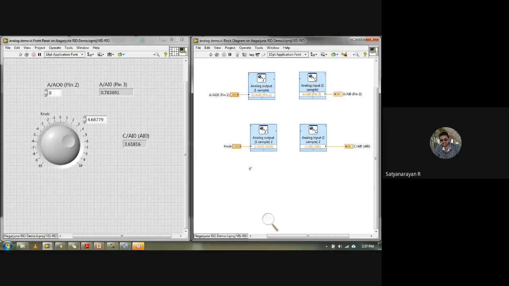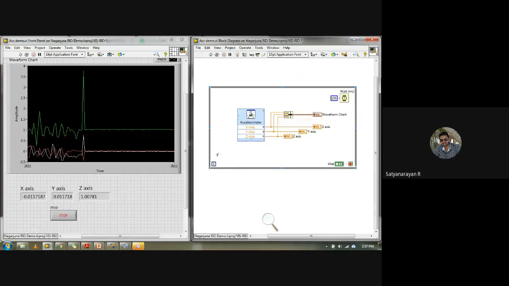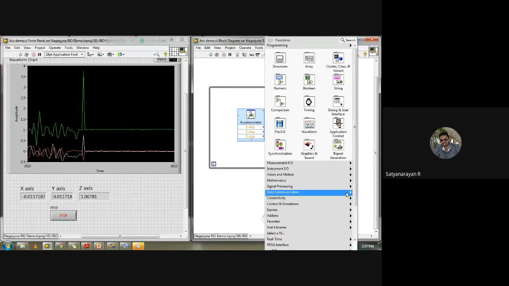Here is one problem that we are facing. I'll minimize this. You are trying to access the accelerometer values, and you can access the accelerometer only under the MyRio, correct?